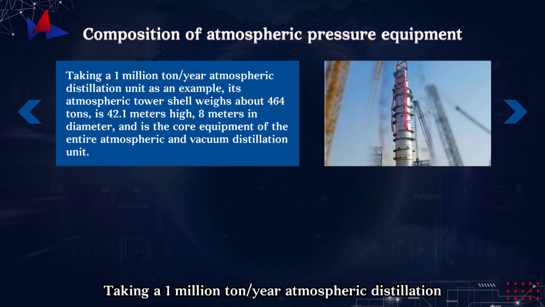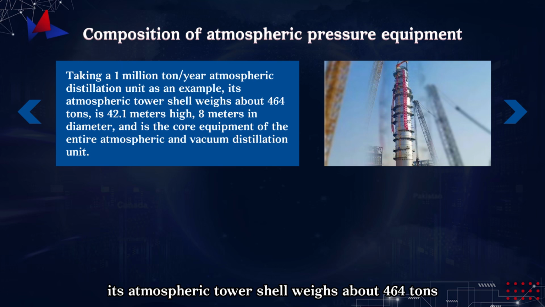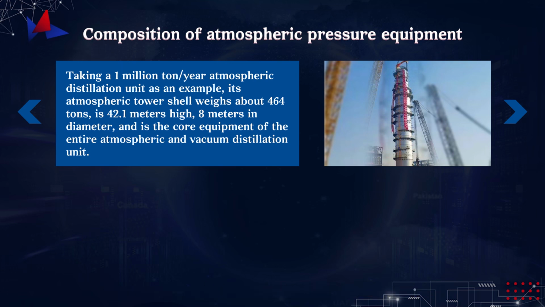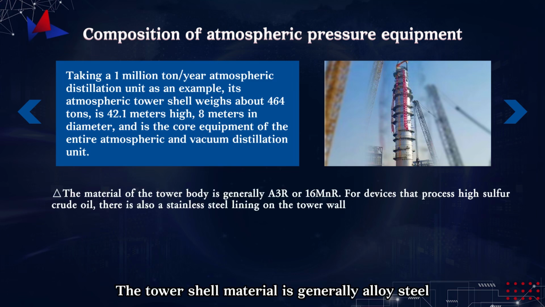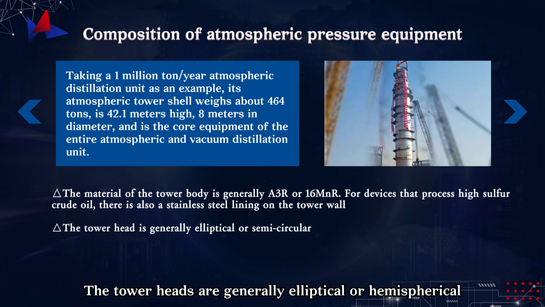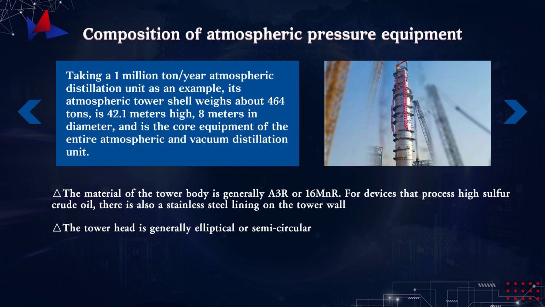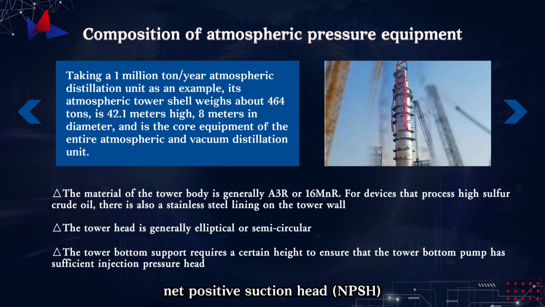Taking a 1 million tons per year atmospheric distillation unit as an example, its atmospheric tower shell weighs about 464 tons, is 42.1 meters high, 8 meters in diameter, and is the core equipment of the entire atmospheric and vacuum distillation unit. The tower shell material is generally alloy steel for units processing high sulfur crude oil. The inner wall has a stainless steel liner. The tower heads are generally elliptical or hemispherical. The bottom section is constructed with a certain height to ensure the bottom pump has sufficient